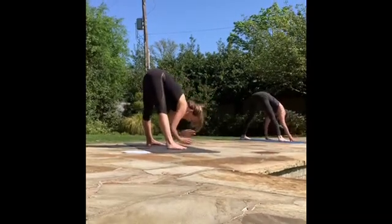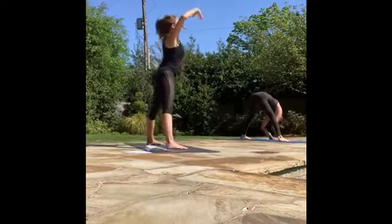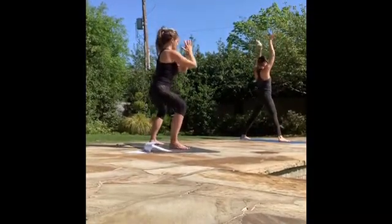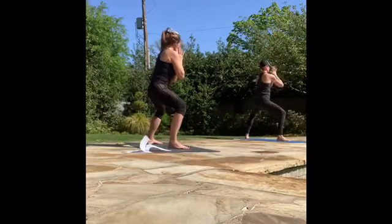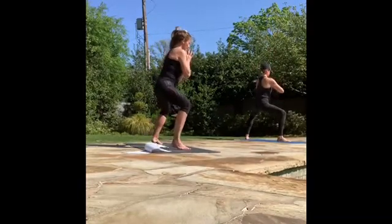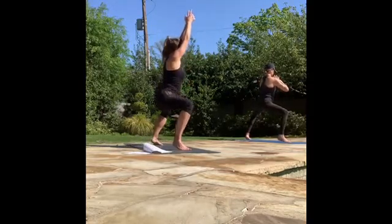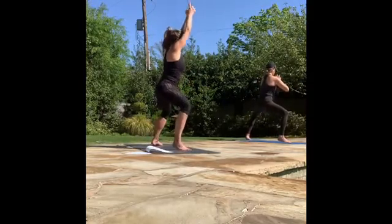This time, on your inhale, inhale it all the way up, star pose. And then exhale down to your goddess squat. Making sure that pelvis is nice and neutral. You can stay with your heels down, or you can bring them up for the Hindu. For 5, deep squats for 5, 4,